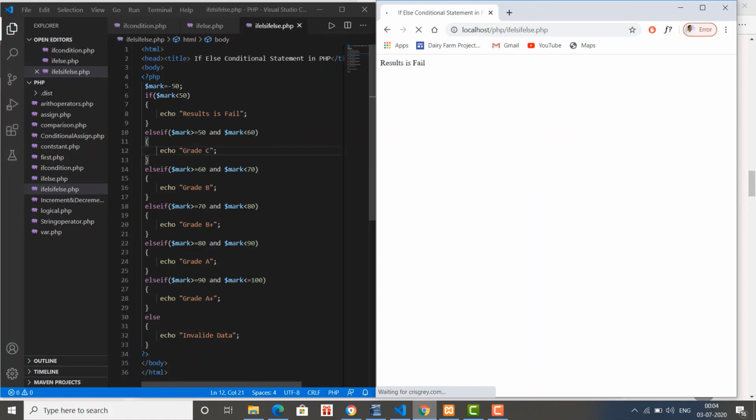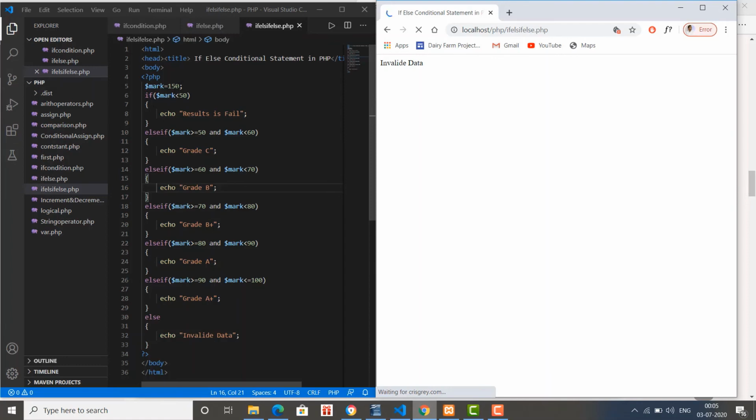And what will happen if we use 150 here? Save and refresh, and the output is invalid data. So we can put any value less than 50, positive as well as negative, but we cannot put a value more than 100 in our case.